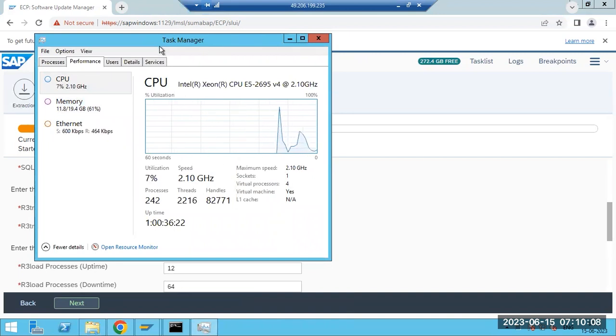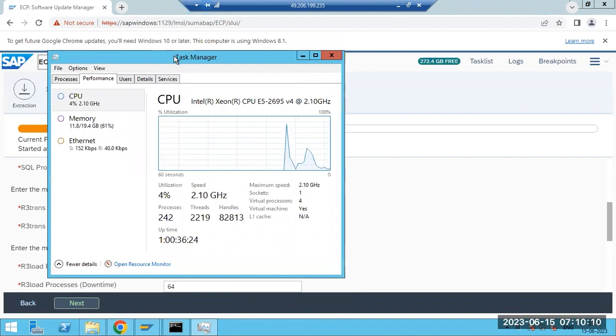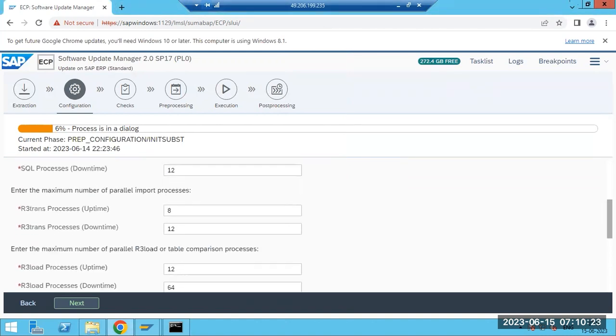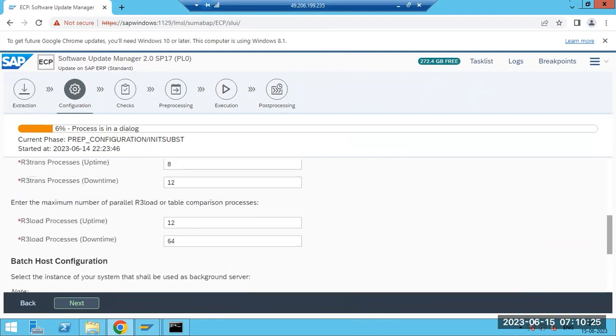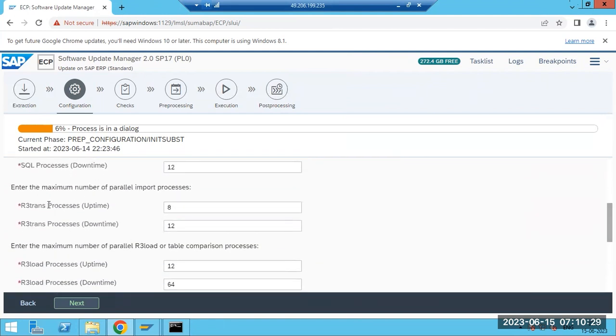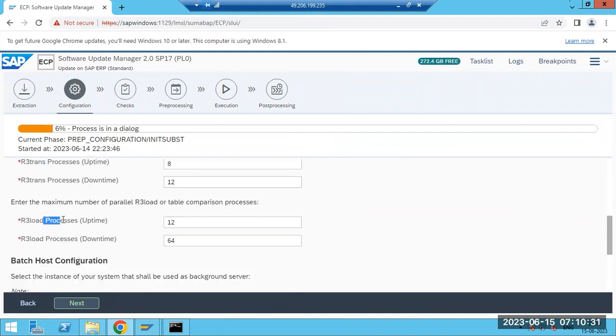Otherwise, what happens? Your CPU gets hung and the entire upgrade will be disturbed in the system, right? That's the reason you can always choose the parameters calculated by default by SAP. But here, for the R3 trans and R3 load processes,